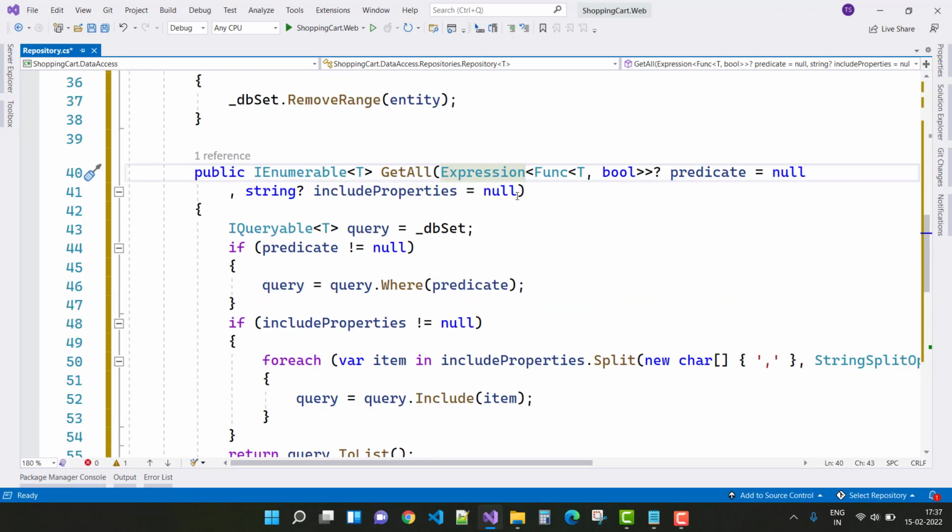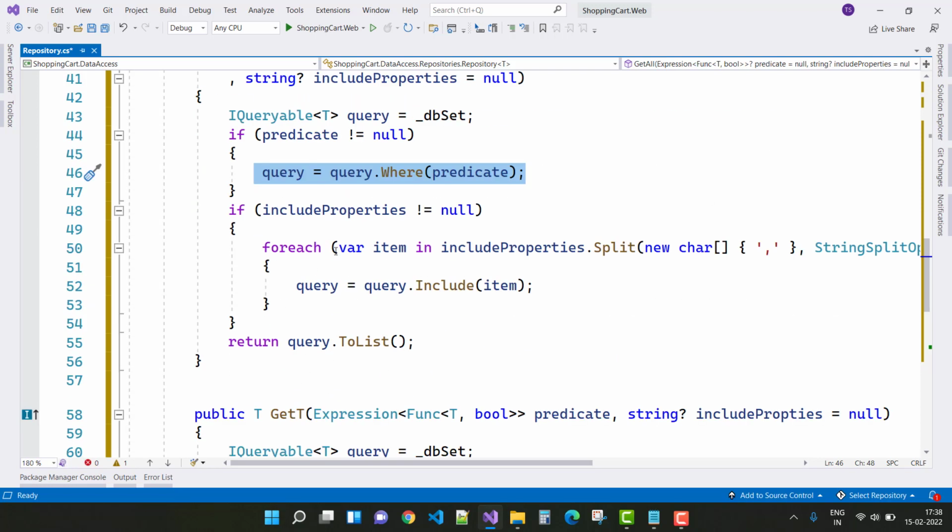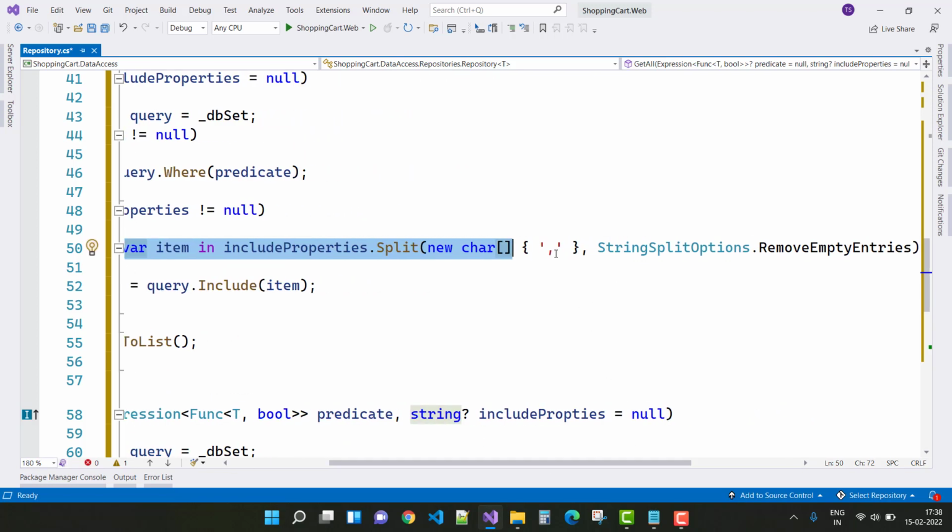Okay, so here we have an expression. So you can use where: if predicate is not equal to null, then use query.Where(predicate), and if includeProperties is not equal to null, then for each item in includeProperties.Split on the comma, with StringSplitOptions.RemoveEmptyEntries,